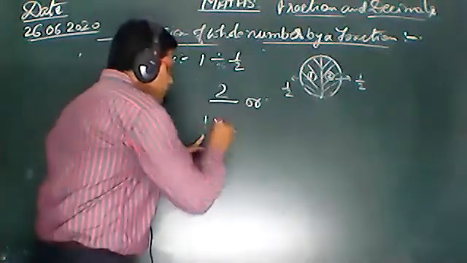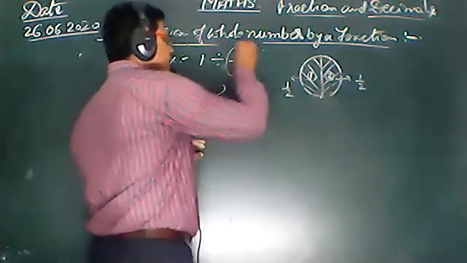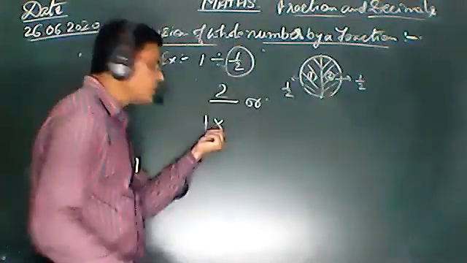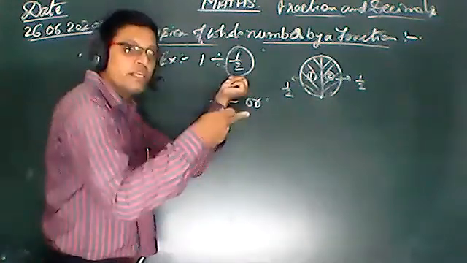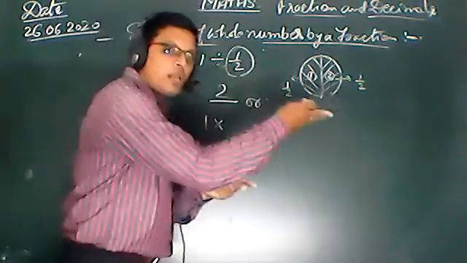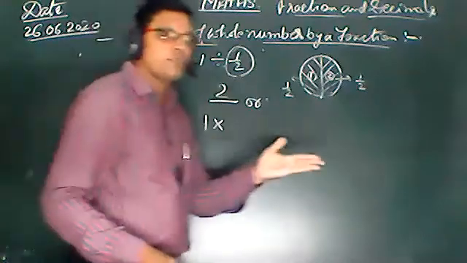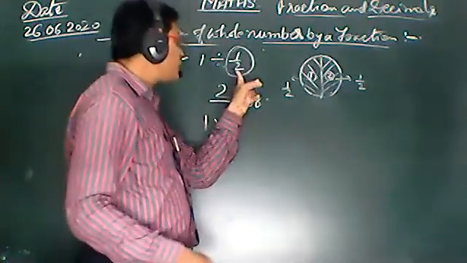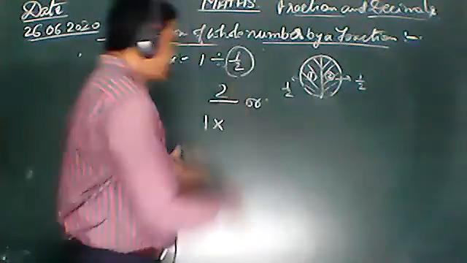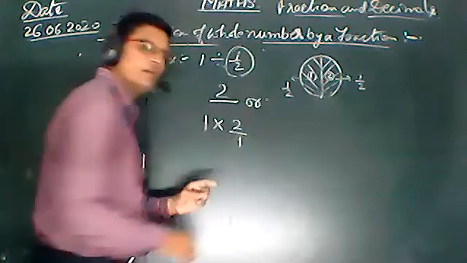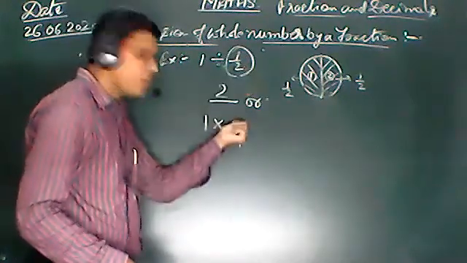So now we convert this division into the multiple form. This is the divisor part. If you convert into the multiple form, convert the divisor to its reciprocal. इसका reciprocal कर दीजिए. Reciprocal means numerator goes to the denominator and denominator goes to the numerator part. That means it comes 2 by 1. The reciprocal of 1 by 2 is 2 by 1.